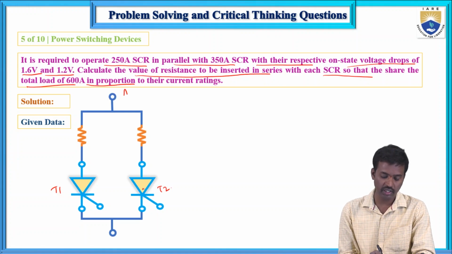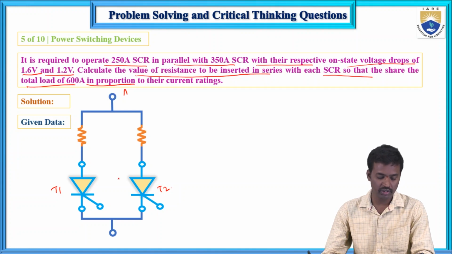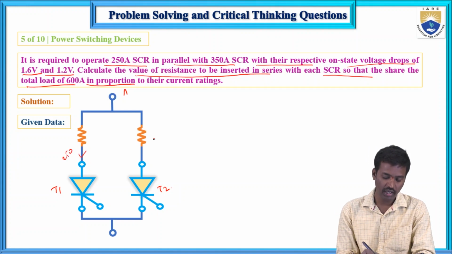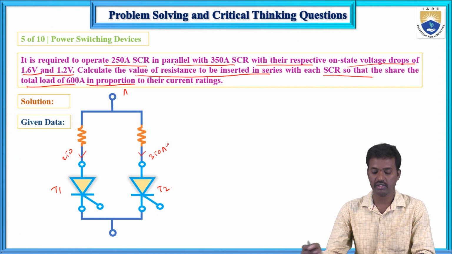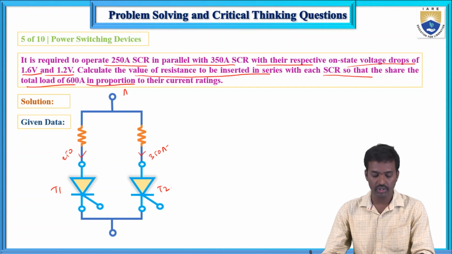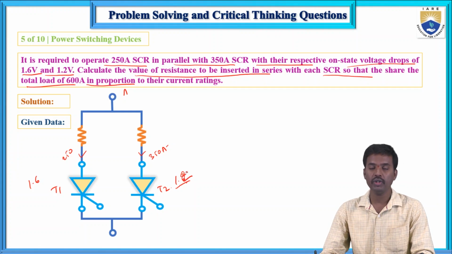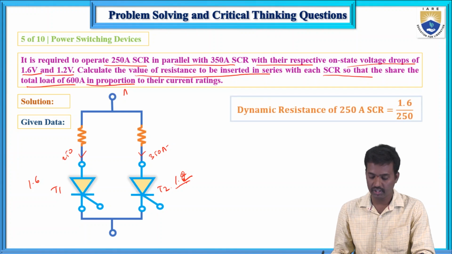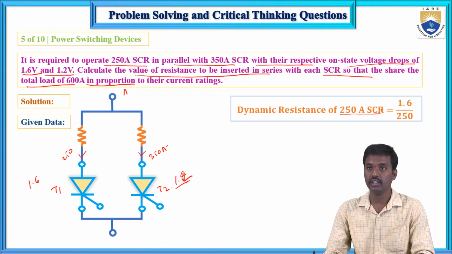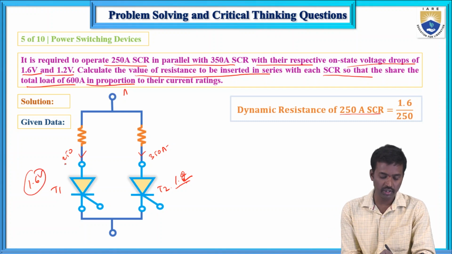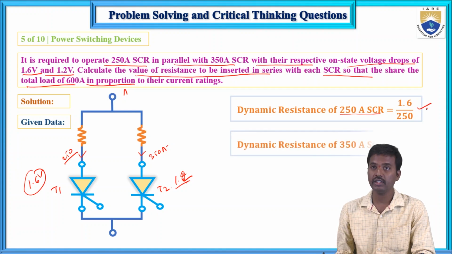Two SCRs are connected in series to increase the voltage. In the first case, this current is 250 amperes and this current is 350 amperes. The on-state voltage drop of the first is 1.6 and the on-state voltage drop of the second is 1.2. Now the dynamic resistance of the first thyristor, the 250 amp SCR, is 1.6 volts divided by 250, and the dynamic resistance of the second, the 350 amp SCR T2, is